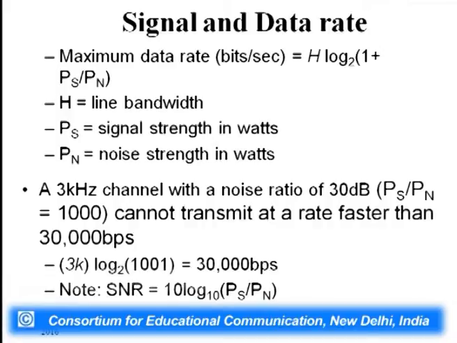It will be dimensionless, because Ps is in watts and Pn is also in watts. So, both will cancel out. So, there is no dimension. So, Ps by Pn or SNR is a dimensionless quantity, whereas I convert it into dB. So, Ps by Pn is 1000, and then if I compute this, it becomes 3000 into log 1001 base 2, and if you compute this, it will become almost 30,000 bits per second. Because this log 1001 is something like 10, and then 3000 multiplied, it becomes 30,000